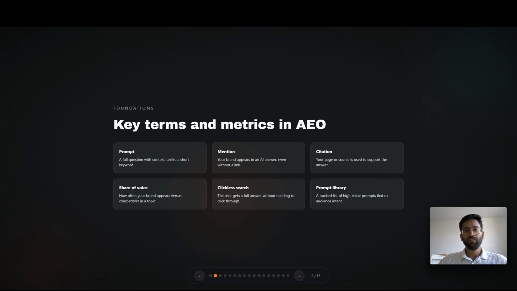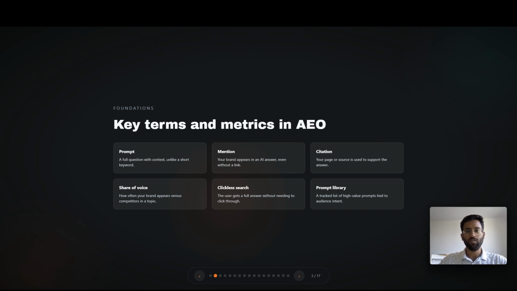So before we even think about building an AEO strategy for your brand or a website or a company, we actually need to understand what are all the new metrics that surfaced, because it's a new platform, a new tool, or let's say new tech. So the terms or the things that we measure are going to be completely different as well. A lot of people are using different terms in this space, and you have to be aligned with the vocabulary so that you come up with a clear strategy for this. So let's start with the first one, which is prompt.